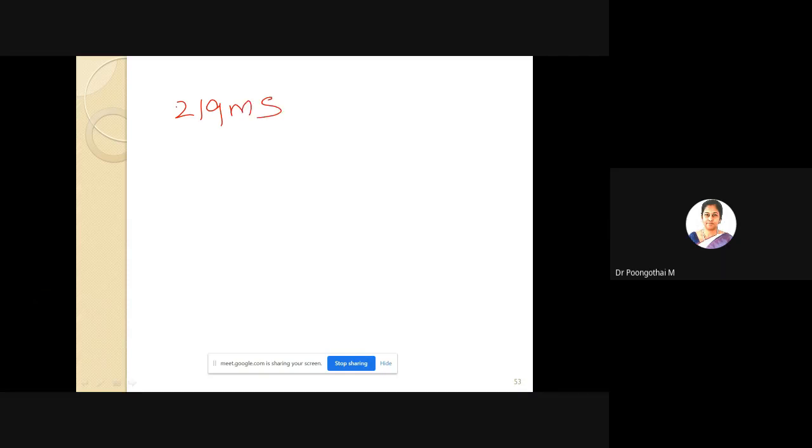Okay, you need to generate 219 microseconds. For that case, you have to find out the counter value. So this is the general method, approximation method, to find out the count value, to find out the counter register values.